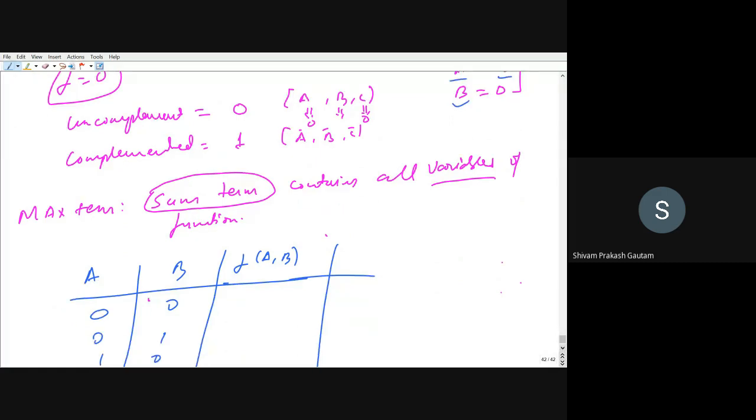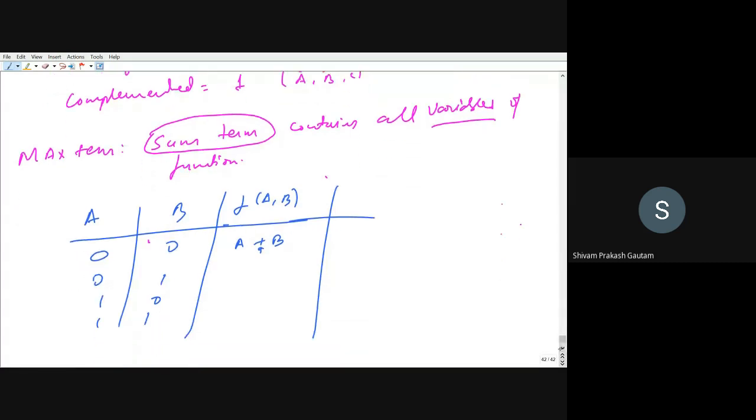So right now it is 0 0. 0 means uncomplemented form. So this can be represented by a plus b. By sum, because we are right now seeing product of sum, right? You can see a is 0 and b is 1, so you can write a plus b bar. A is 1, b is 0, so this is a bar plus b. A is 1, b is 1, so a bar plus b bar. And max term, like we were having min term, so here max term can be represented by capital M0, capital M1, capital M2, capital M3. Right? Is there any doubt? It is just the opposite of the sum of product term.